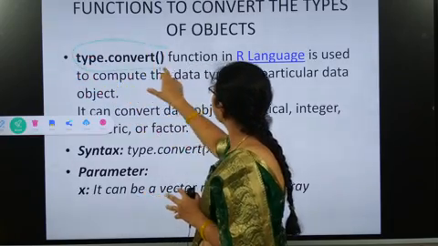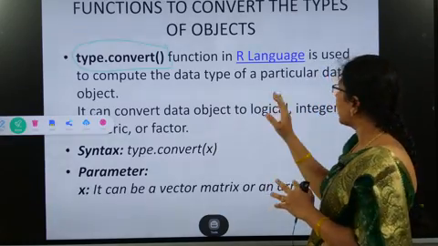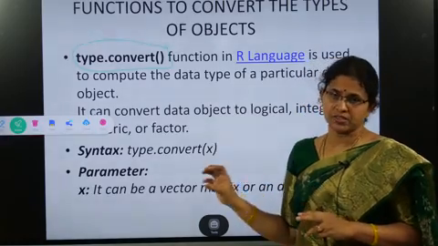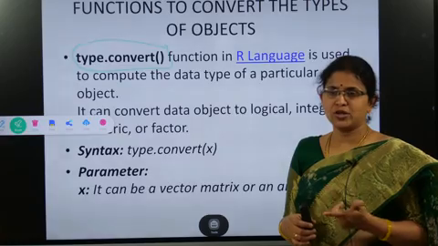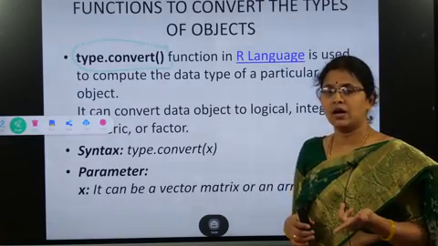This is the function that we use in our language for computing the data type of a particular data object. It means whether it is numeric, integer, complex, character, or